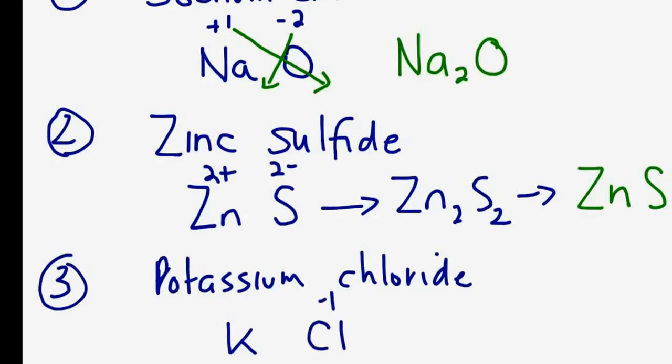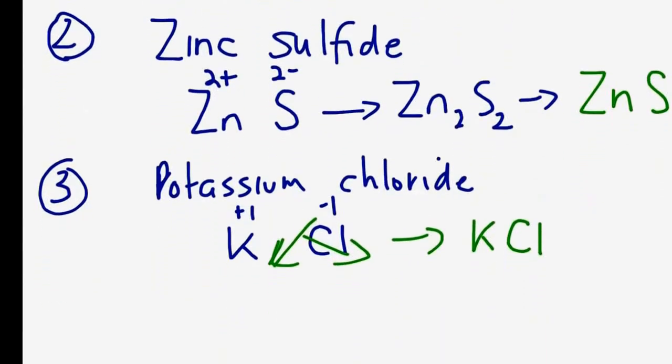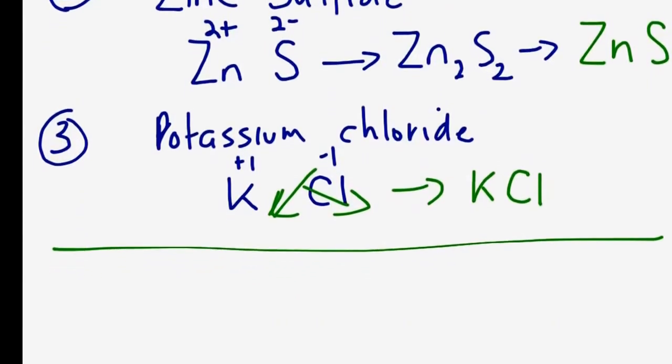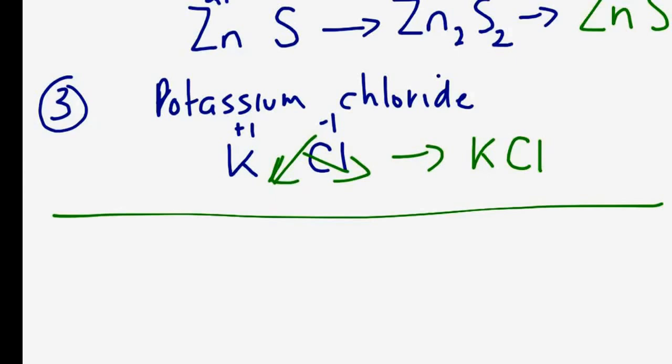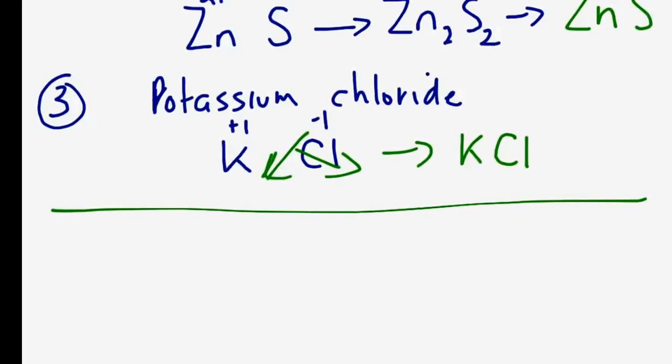Cl is -1, potassium is +1, so when you cross and drop, you end up with both subscripts being 1, and we don't write 1s, so your formula is just KCl. That's pretty straightforward, but it's easy to make mistakes when you get into more complicated polyatomic ions and